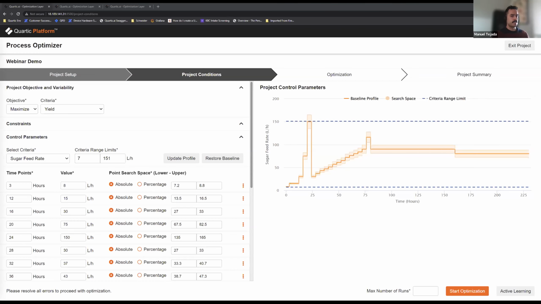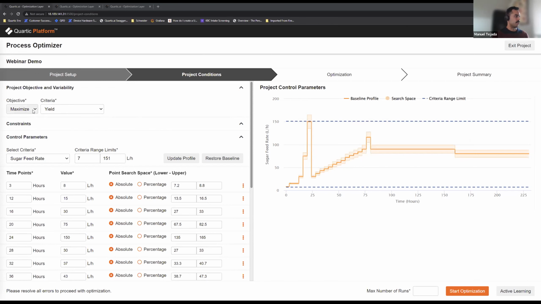Perfect. So now this second demonstration, it's at the highest level of automation. So we're streaming data directly from the process and we're writing set points back to those controllers. This screen that you're seeing here is the user configuration screen. On the left-hand side is where they make their inputs. And on the right-hand side, this is displayed visually, and I'll get to that shortly.